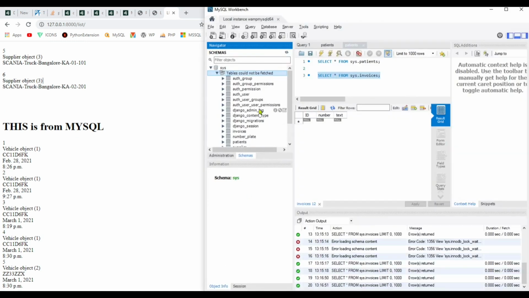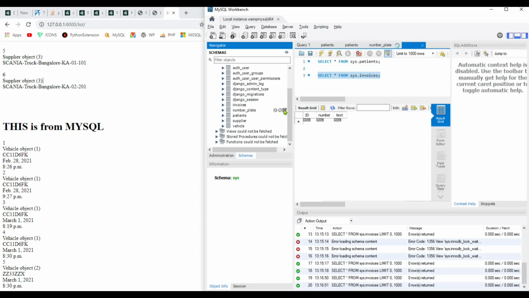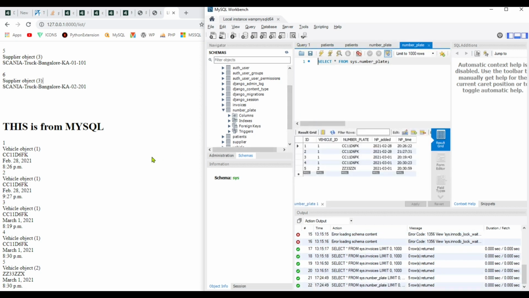Open MySQL DB. Here table is number plate. Open this table. So all the data which are available coming successfully.